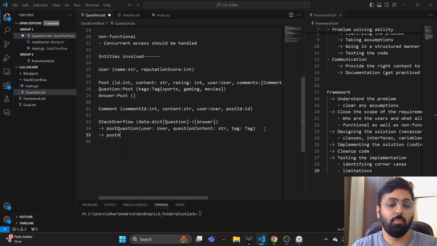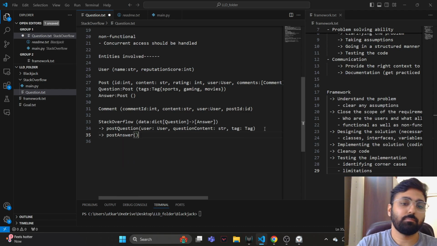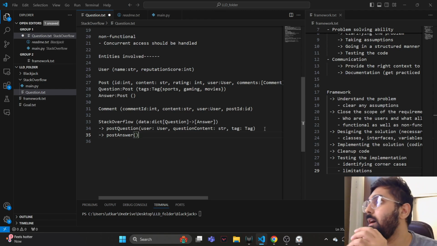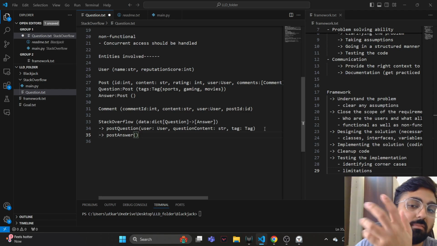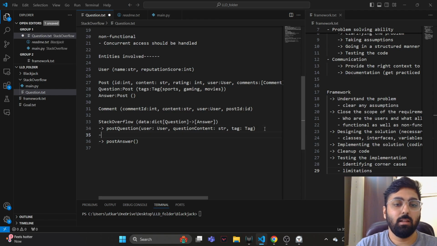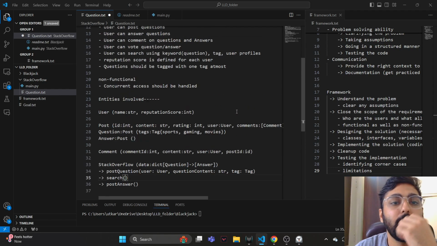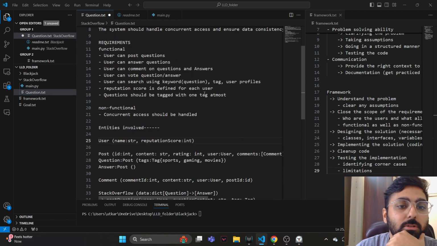We'll also have a post answer. Before the post answer, the user has to find the question, read the question, and then post an answer to that question, ideally. So there has to be the search functionality over here, of course. And when we look at our requirements, the search,